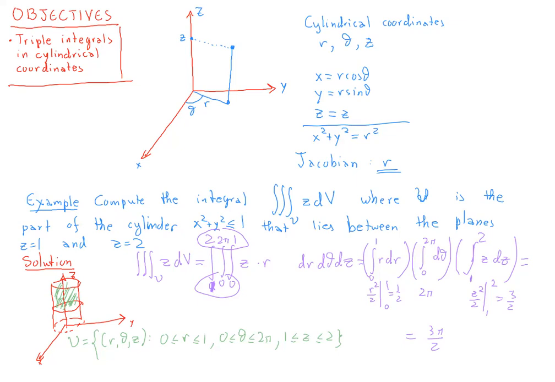Okay, let's do another one, see if we can get the hang of this. And our next example, let's see if we can find a more exotic domain. So compute the triple integral over U of, let's make it a little more interesting now, x squared dV, where